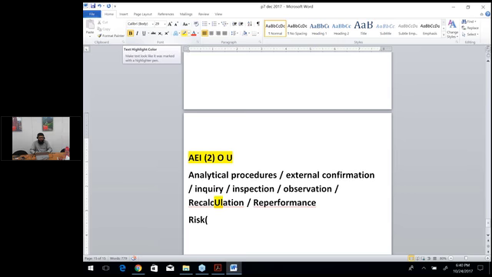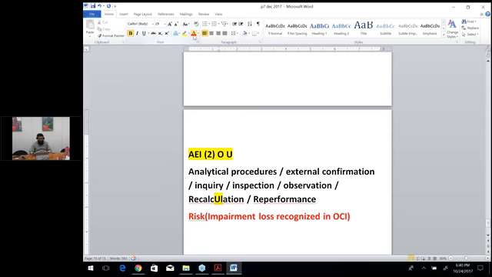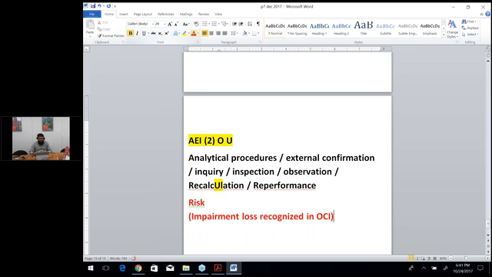So one of the risks is that impairment loss is recognized in OCI. Now, you need to think what could go wrong. So I am saying that one of the risks is that the impairment loss is recognized in the other comprehensive income. So my procedure to this is going to be